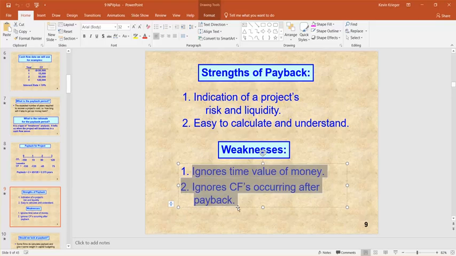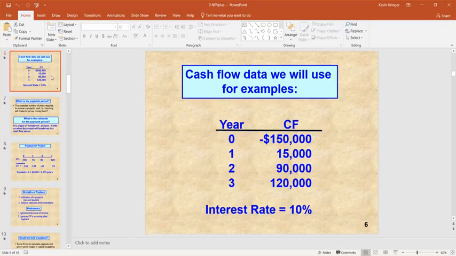is that there's no time value of money being recognized here. And after the cash flows, after it pays for itself, it doesn't matter whether it stops immediately and you've just broken even, or whether this thing goes on to make you billions and billions of dollars a year past that. It wouldn't matter, because once the thing pays for itself, you're done calculating your payback. So that's issue 2 here, ignoring the cash flows after payback. And issue 1 is, we know that a dollar a year from now is not worth $1 today.